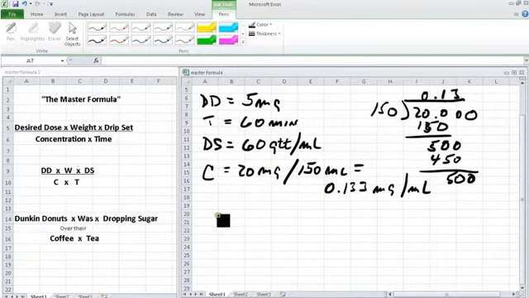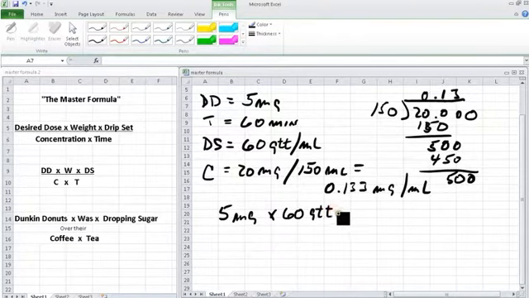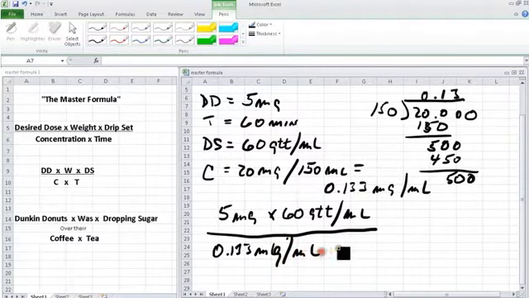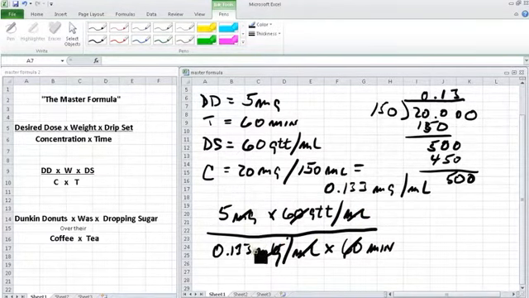Let's put all this in the formula. We have 5 milligrams times the 60 drop set per ml divided by the 0.133 milligrams per ml times 60 minutes. The 60 and the 60 cross off, the milliliters cross off, the milligrams cross off. What we end up with is 5 drops per